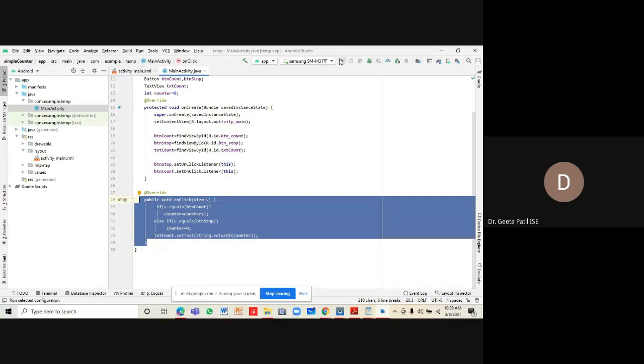Let's execute this once and see whether it's working or not. Any doubts so far? Yes, the Gradle build is running.